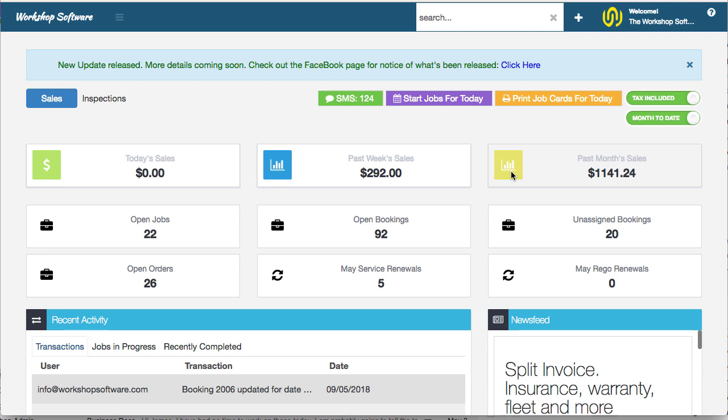So first up, I'm showing you the actual dashboard, and you'll notice a few changes here. The first thing is this checkbox that allows you to change this from month to date to 30 days. Previously, this was always 30 days, so it went backwards from today, 30 days, and showed you this figure as the past